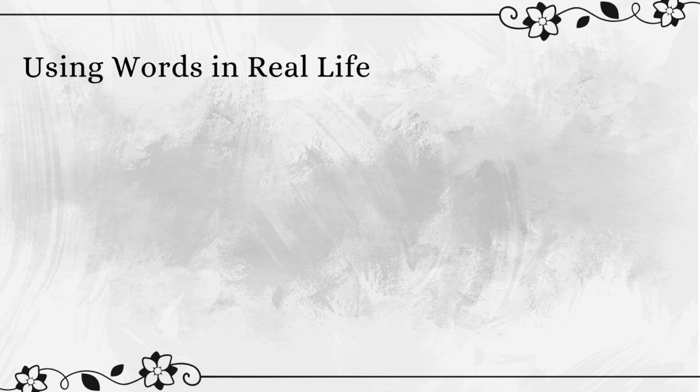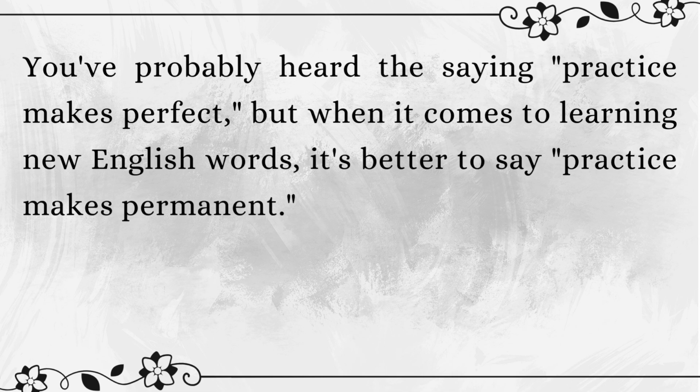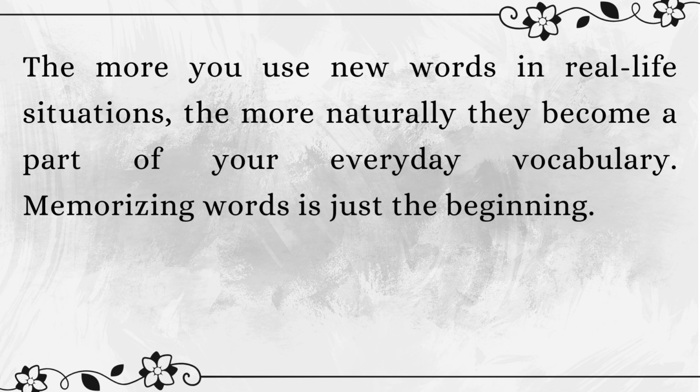Using words in real life. Chapter 4, Using words in real life, practice makes permanent. You've probably heard the saying, practice makes perfect, but when it comes to learning new English words, it's better to say, practice makes permanent. The more you use new words in real-life situations, the more naturally they become a part